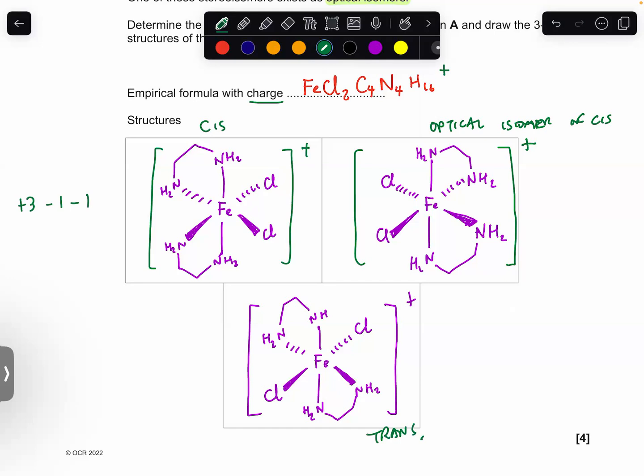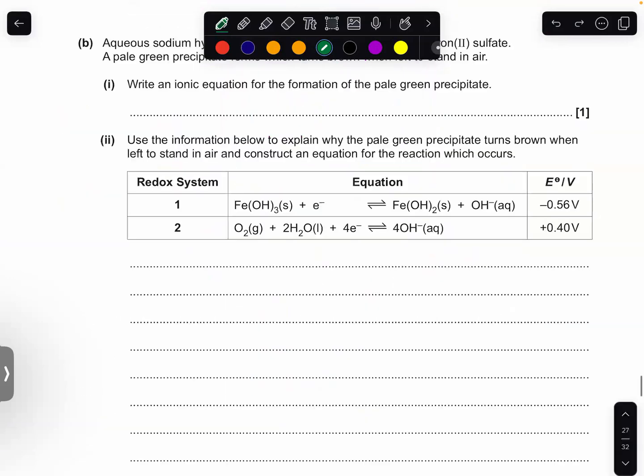Okay. Quick look at the mark scheme. That's absolutely fine. In the mark scheme, they just rotated that a little bit, one step that way, but it's still the same thing. Next question is asking,